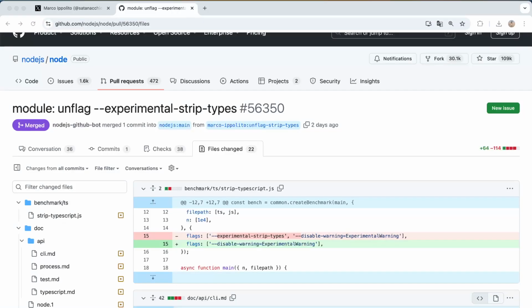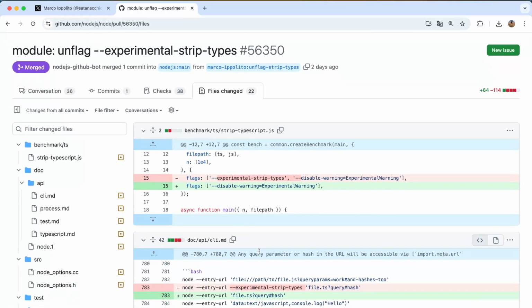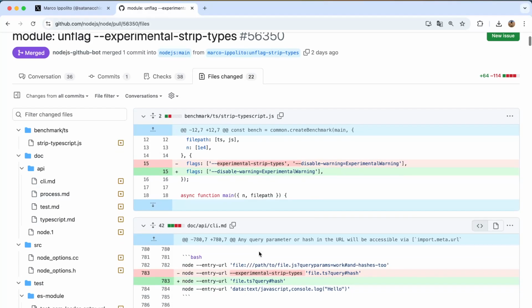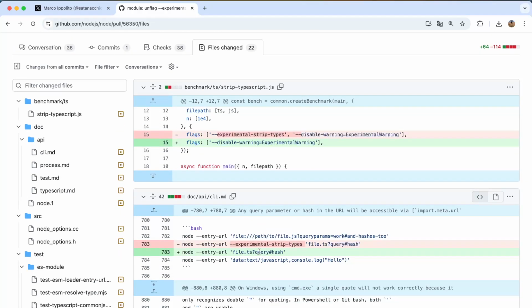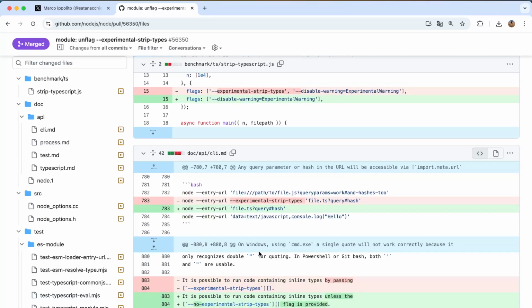So, and it's always nice to look into pull requests on GitHub, so learn a little bit about it. And one of the things you see here is that in strip TypeScript.js, the flags experimental strip types just disappears. It's just disable warning, experimental warning. It's still a little bit experimental because they just want to test it out a little bit more, but I think that's a good thing to get more bugs being discovered by the community, so then they can also improve it and make the code better, because of course they also need to